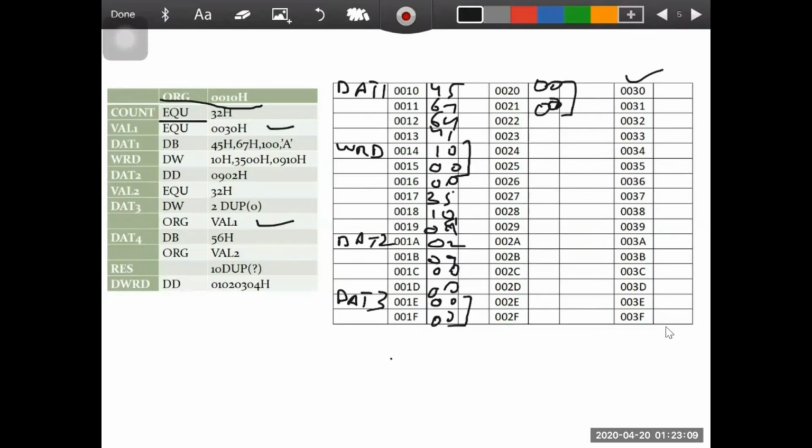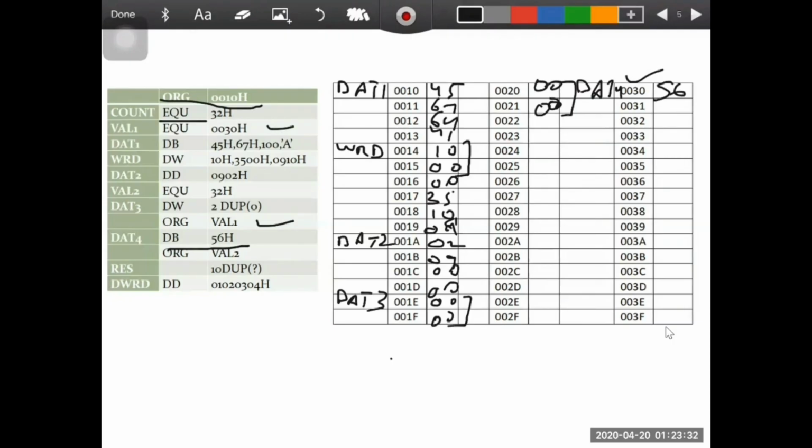Now at 0030H, what is the label? The label written is DAT4. So here I will write DAT4, and DAT4 is define byte, that is DB 56H. So here I'll allocate 56.